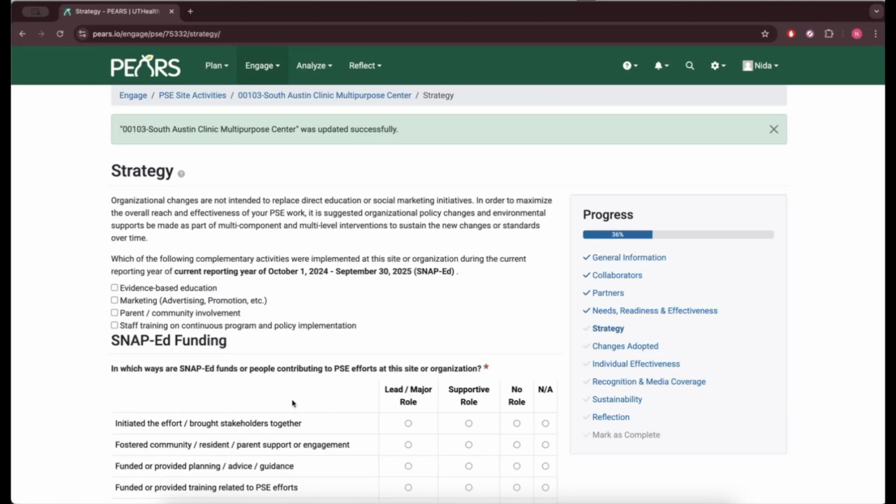To maximize the effectiveness of your PSE work, it is important that organizational policy changes and environmental supports be made in conjunction with the PSE site activities. This helps ensure that the changes you make at the site are going to be sustainable over time. The strategy section is where you will record all the ways that SNAP-Ed funds or people have contributed to PSE